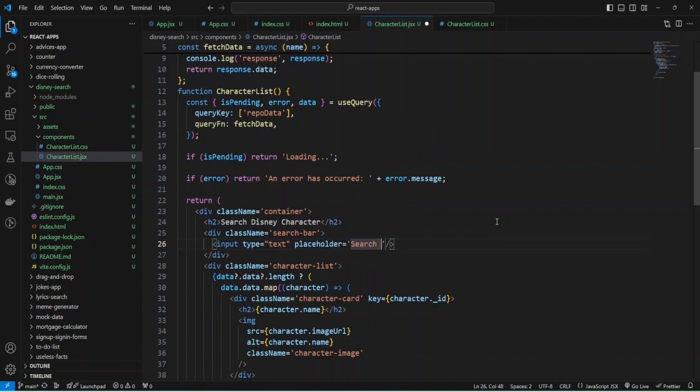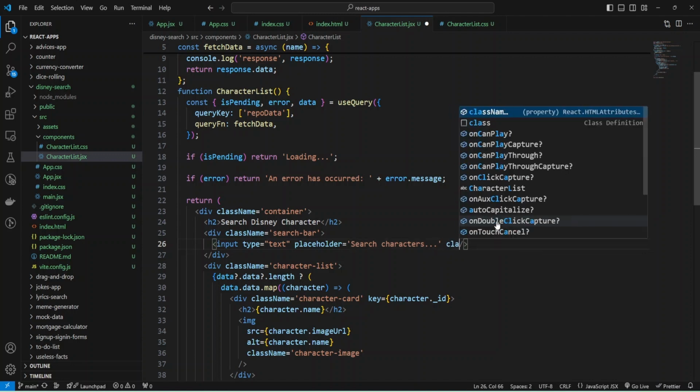Let it be search characters, and also we can add some class name.